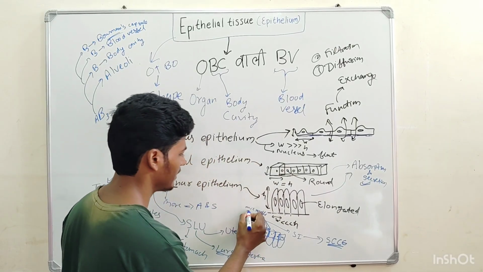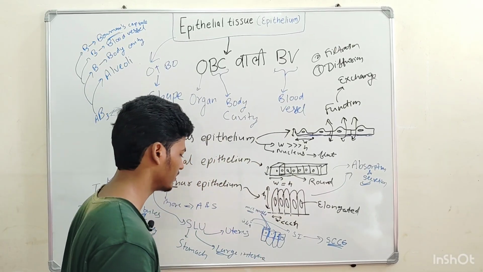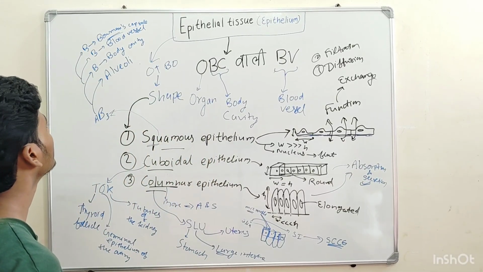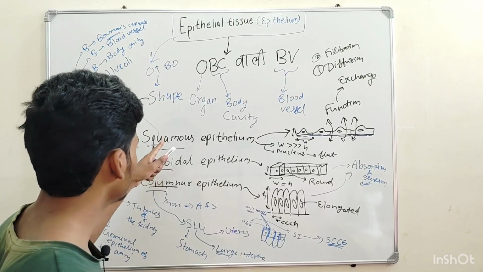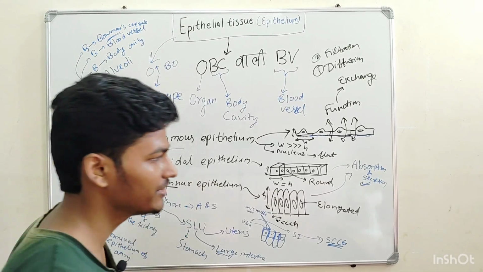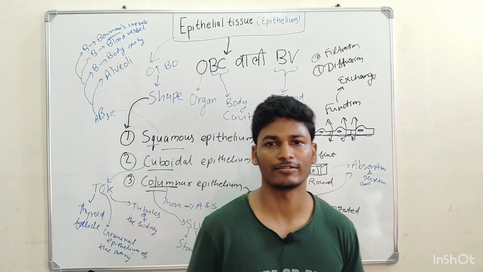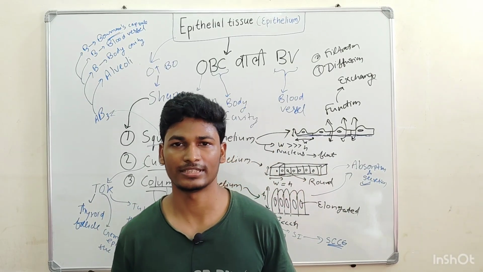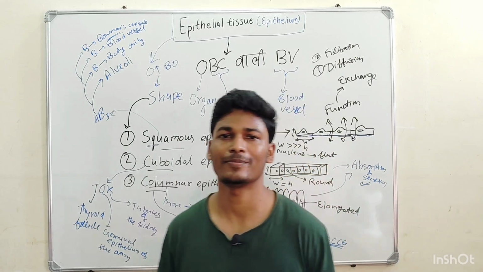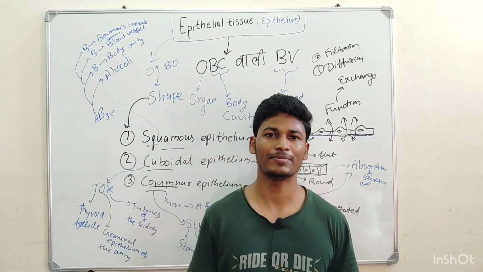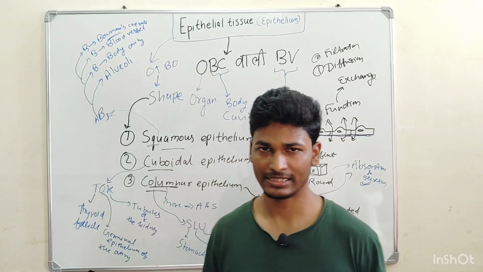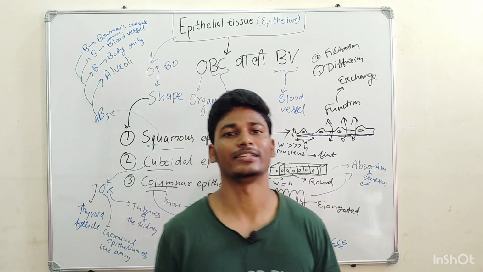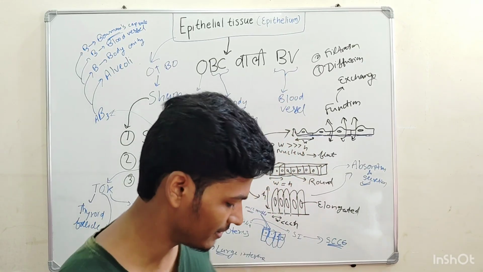Okay, and microvilli are also present in the gallbladder. So this is all about simple epithelium. Actually, epithelium is divided into two types. Here we discussed epithelium on the basis of shape, and next we are going to discuss epithelium on the basis of layers. If epithelium is a single layer, it is called simple epithelium. If epithelium has more than one layer, it is called compound epithelium or stratified epithelium.